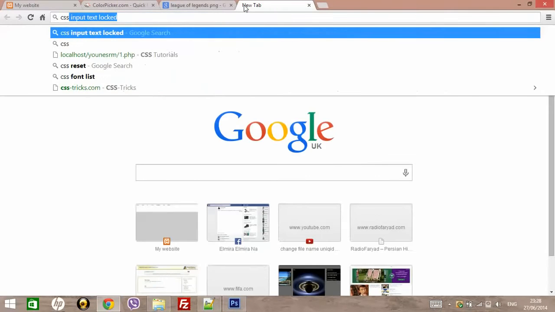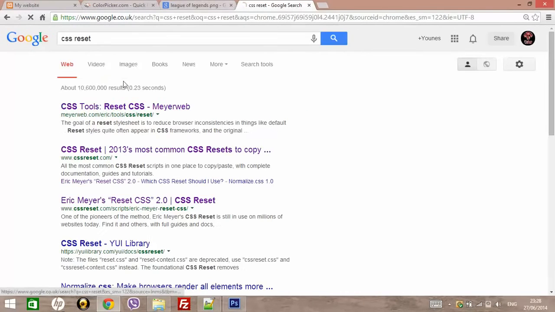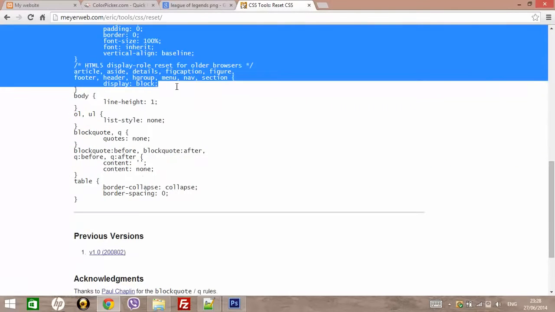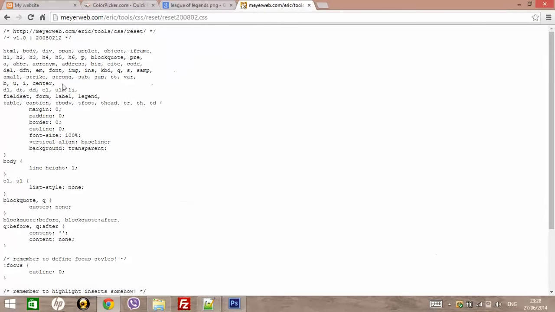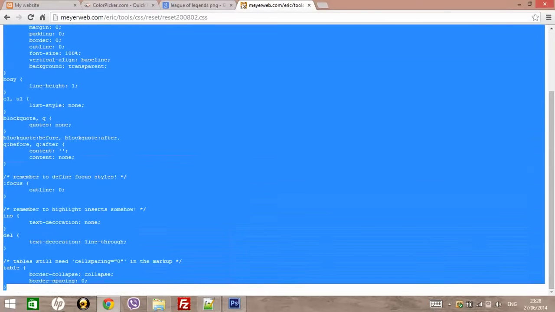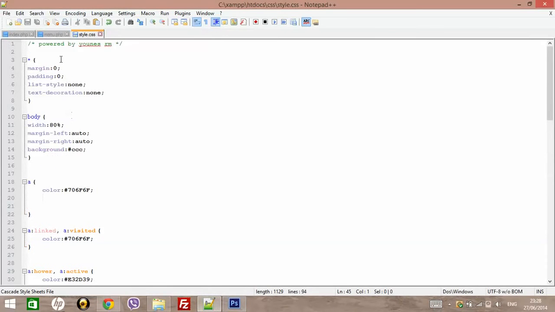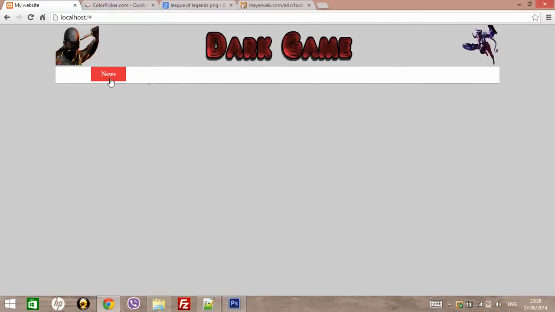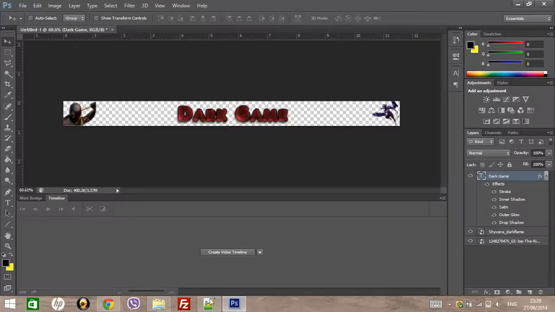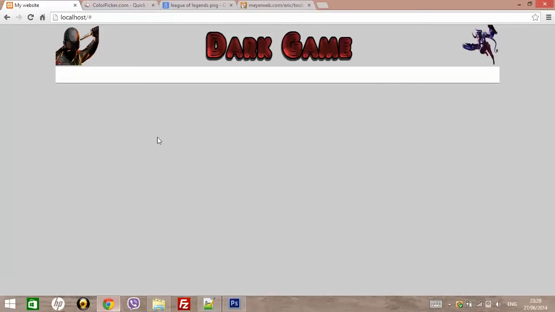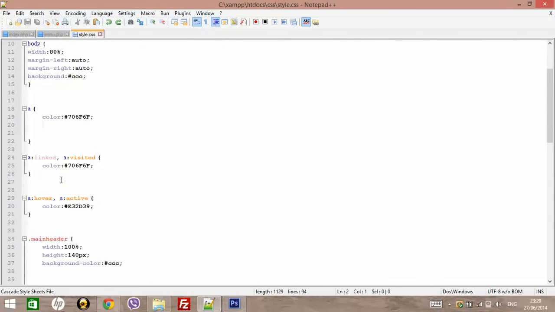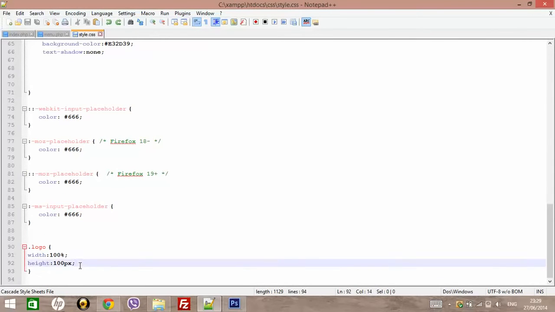Let's have some CSS reset. Yeah, let's just copy this CSS reset, paste it here, maybe it works. I never use the CSS reset, but it gives you less margin, but it's not good for us because we gain something unusual which we don't want. So what we're gonna do, let's go back to our logo. We say bottom